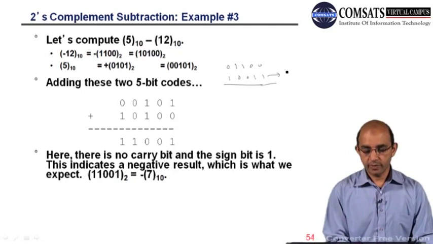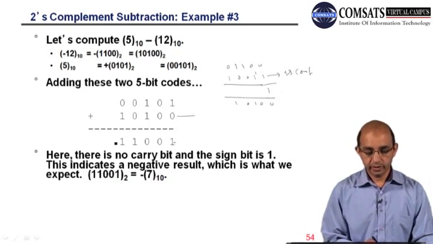This is the 1's complement, 1 1 0 0 1, right, and after addition 0 1 carry 0 1 0 1, right. So now we have to add, this is the 2's complement representation of minus 12, right, so we are having this, right,